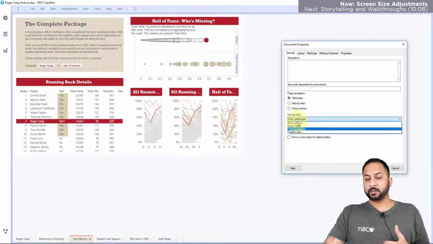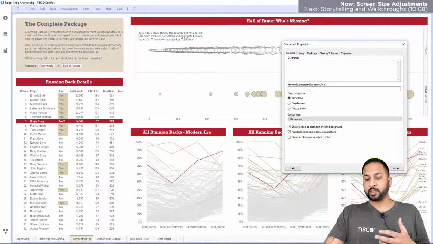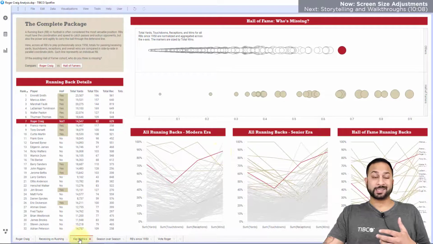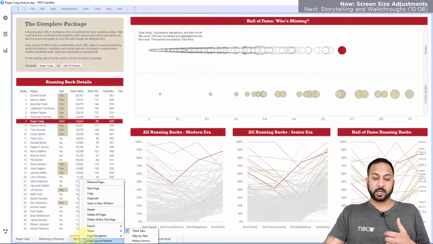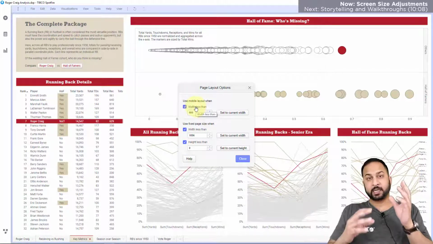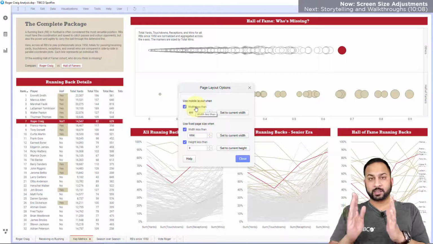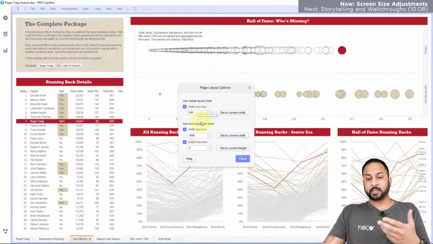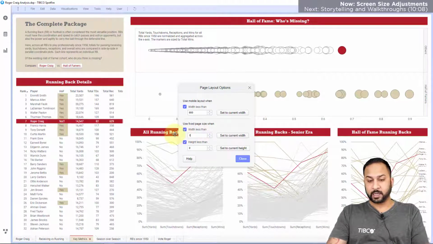So the other thing I can do is, for each page, I can set a page layout option. And a page layout option will allow me to use a mobile layout. So if someone's on a mobile device, it can stack it in a different way. And that's when the width is less than a certain number of pixels. And I can just use, even for a desktop, a fixed page size. When, let's say, the width is less than, I'll just give this 1800, and a height less than, let's say,